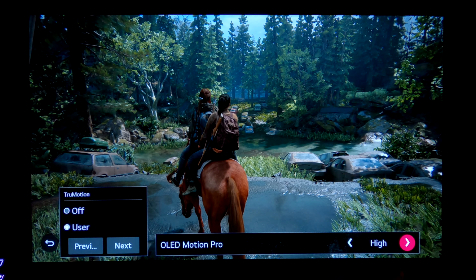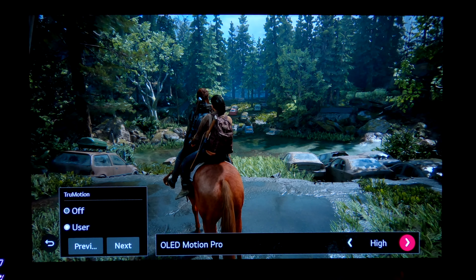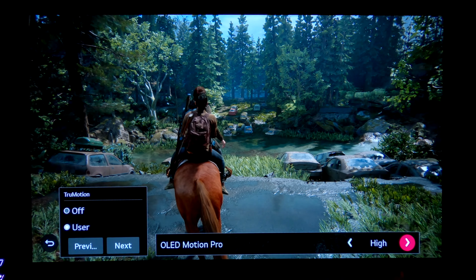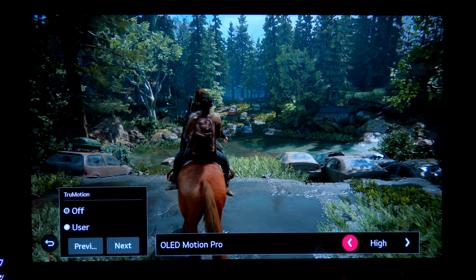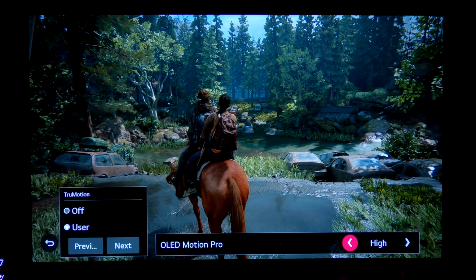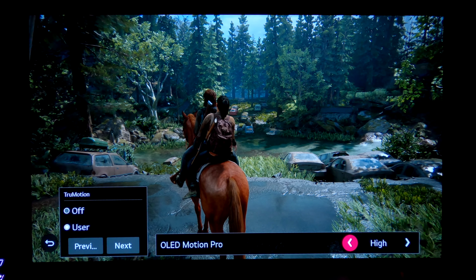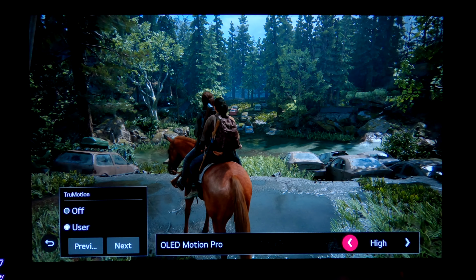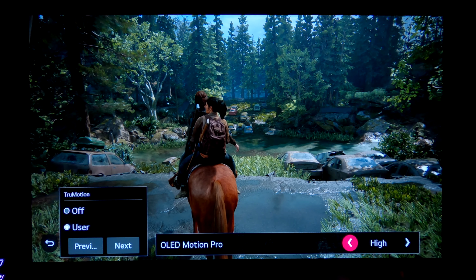In dark rooms in The Last of Us, there are a lot of dark rooms. With BFI set to high, you're crushing your black shadow detail. You're having a hard time seeing. It's not worth it. It really isn't. And with the added lag, yes, you might be improving motion resolution to 1080p, but honestly, I just don't think it's enough of a benefit to outweigh the downfalls of a really dim picture, flicker, and crushed shadow